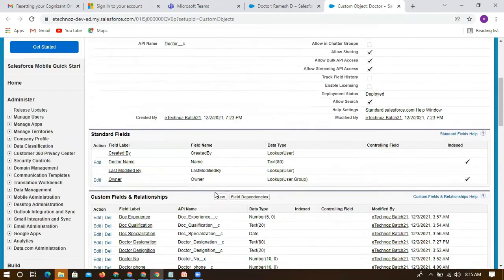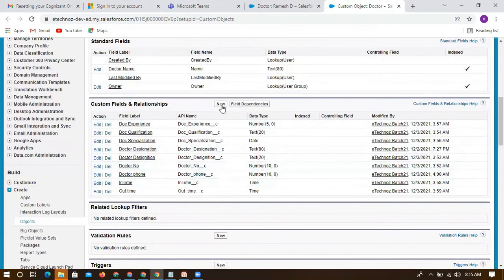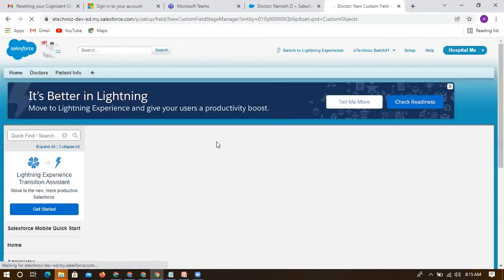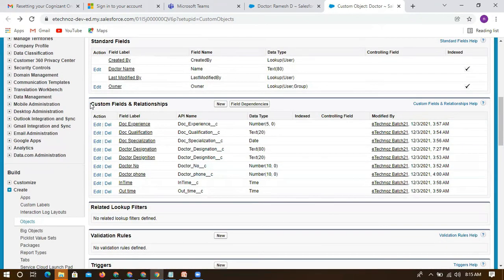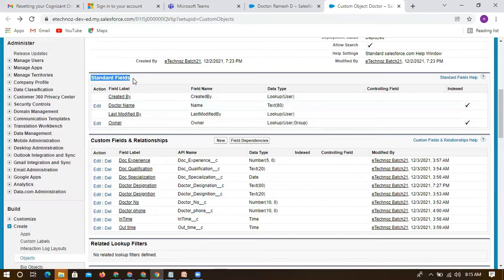And yeah, what we were trying to see, when I'm creating any kind of fields, if you can see on the page itself, I have dealt only with custom fields. Now we know how to create a standard field. Don't ask me again how to create a standard field. We have discussed this multiple times. Only one time we will be creating a standard field, and we know how to create custom fields with different data types and how to assign those to a profile. Till this only we have discussed.